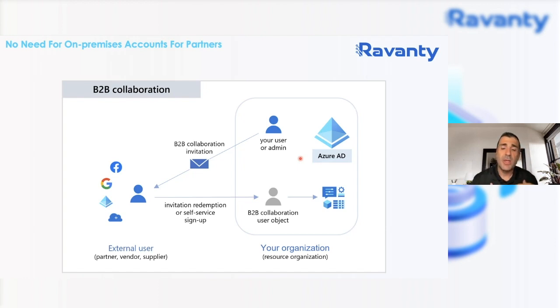So what happens is you invite an external partner to, say, a team channel that you have that you want to collaborate with. You send them an invite, they accept the invite, and it automatically creates a stub account in your environment. They authenticate with their credentials in their Azure AD organization. Once they authenticate and they log in, they leverage the guest account that was automatically created and log into your environment without you as an admin having to really do anything on that.